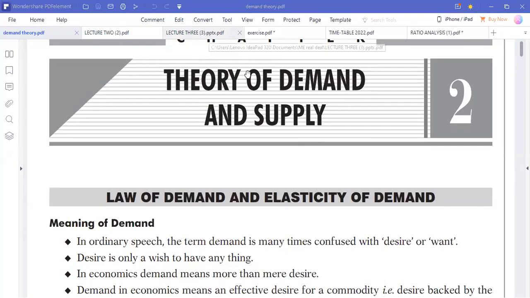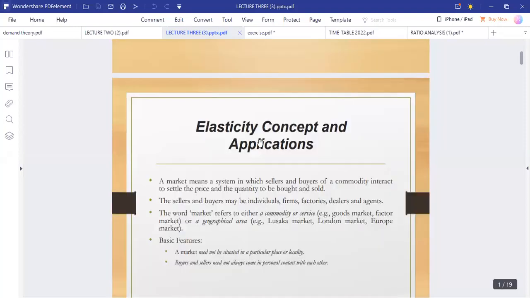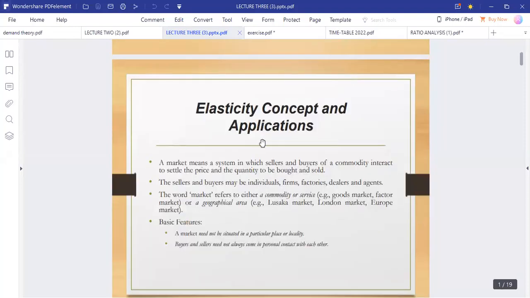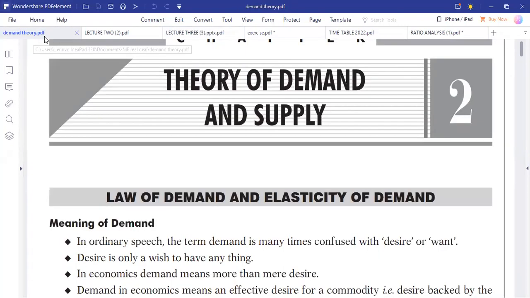So our lecture today is mainly going to be on elasticity. Elasticity of demand, the concepts, and the applications. But for us to understand this, firstly, we'll have to have a recap of what we discussed last lecture under